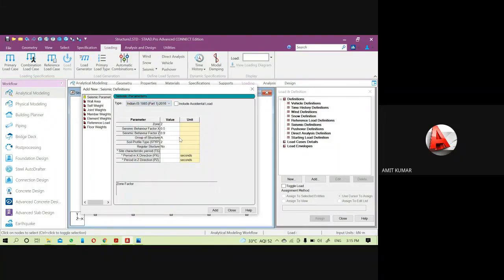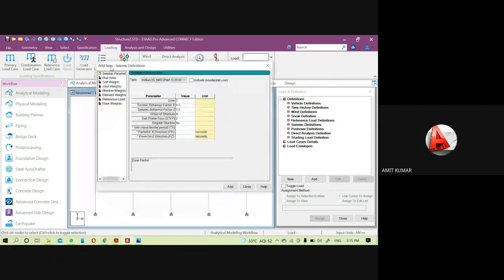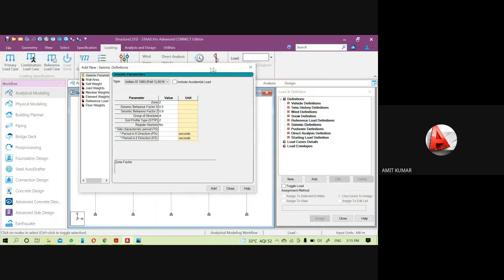So either put this value manually or you can use the generate also.